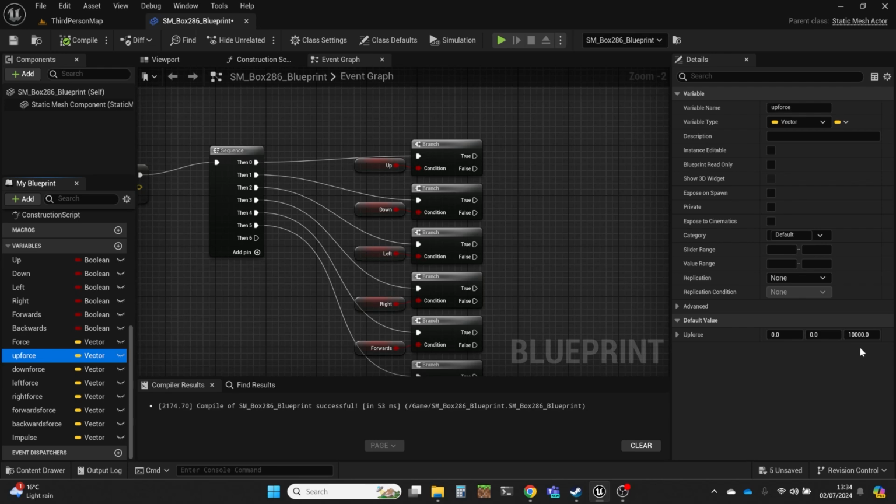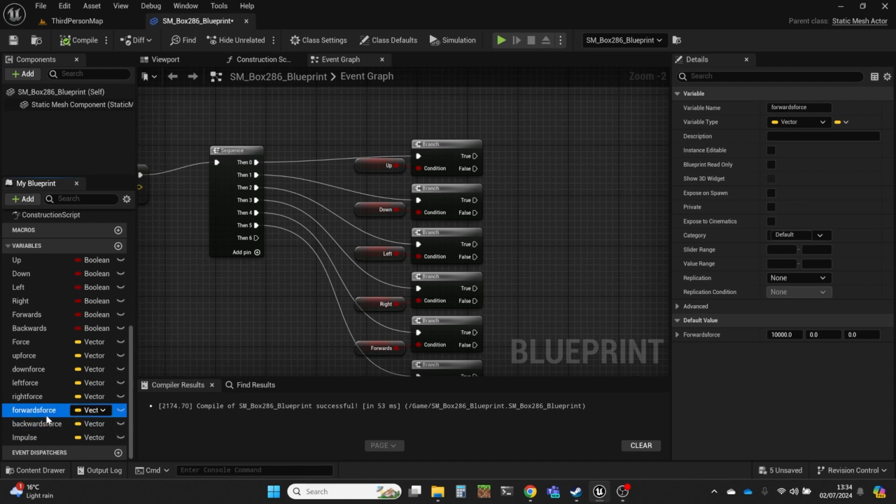And the reason why they seem big compared to ones that we might have seen in maths problems or physics problems is that normally we're used to working in meters, or certainly we are in Europe, and Unreal works in centimeters. So everything is out by a factor of 100 at least, and sometimes these effects multiply depending on where you are. So I've got an up force which is 10,000 upwards, a down force which is 10,000 downwards, a left force, a right force, and a backwards force and a forwards.